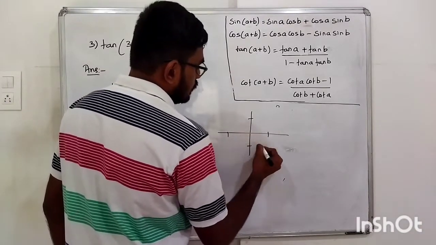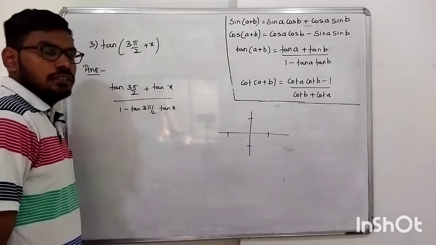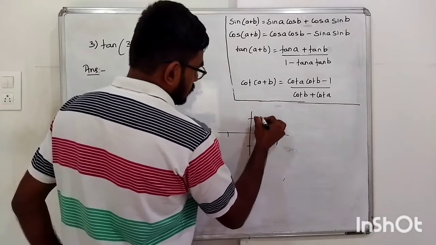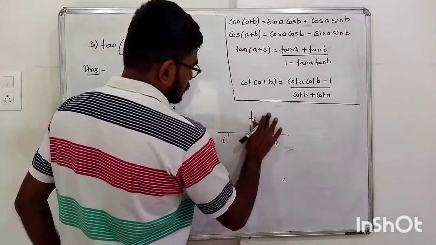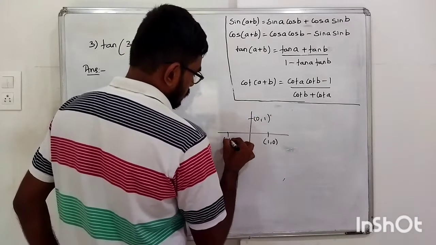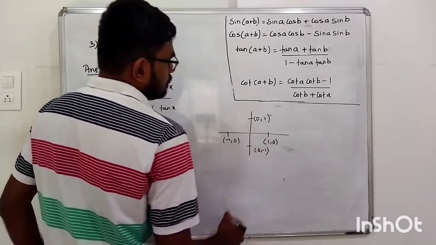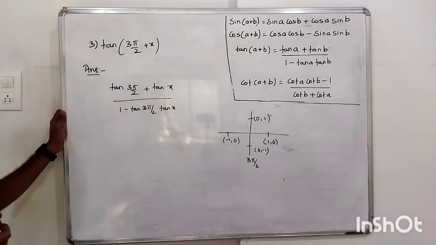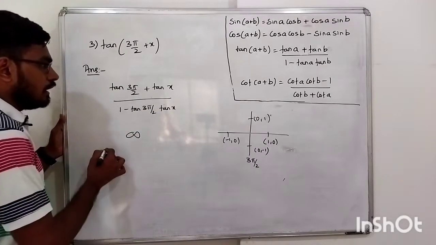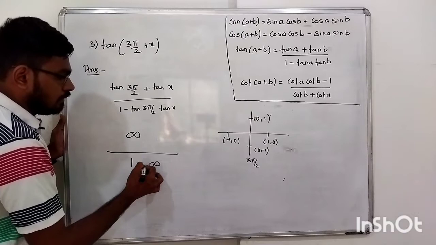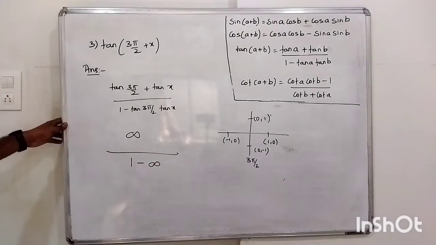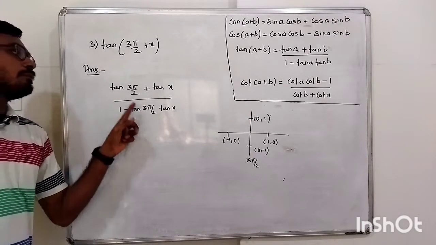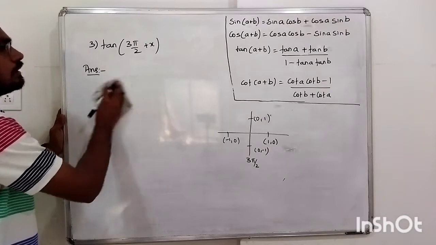So for tan, you know tan is sine upon cos. Here this will be (1, 0), (0, 1), (-1, 0), (0, -1). So 3 pi by 2 is here, and tan of 3 pi by 2 is minus 1 upon 0, which is infinity. So here infinity will come, and down here also we get infinity. Okay, so we don't want that. Understood? That's why, and this we have already discussed: this angle must not be a multiple of pi by 2. That's why we can't use this formula.